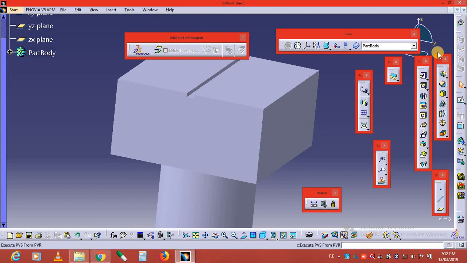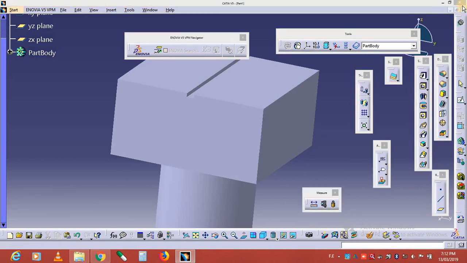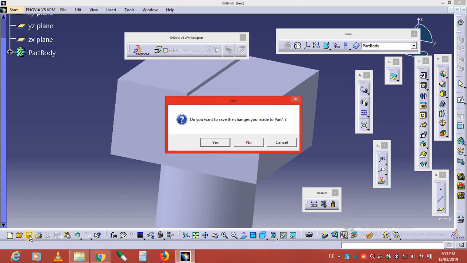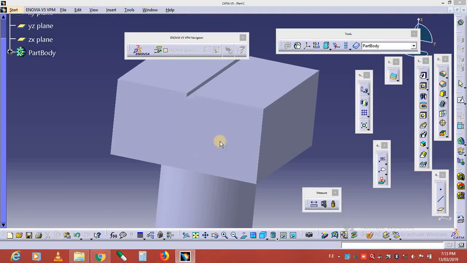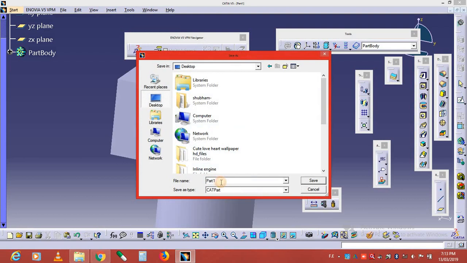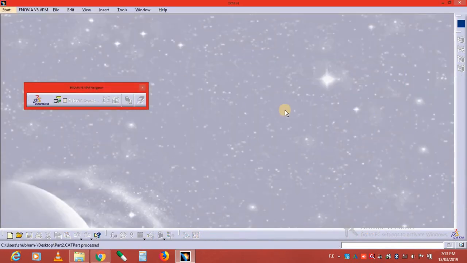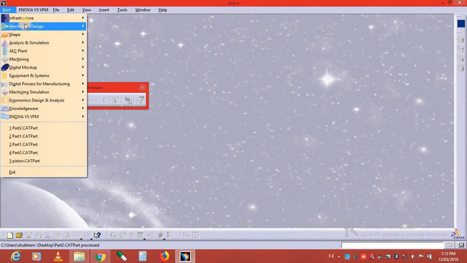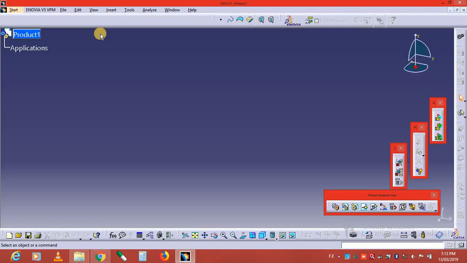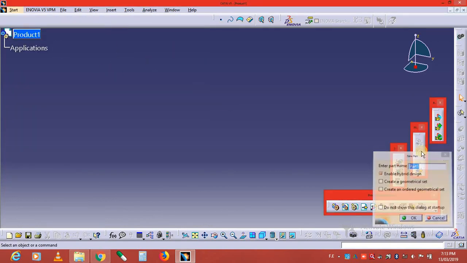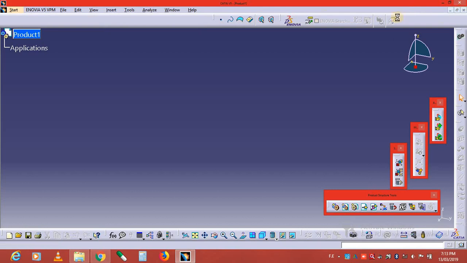So you have to save this part, press cross or directly here save as. Yes, so go to the desktop, part 2 here, and save. So this part is saved, and go to the assembly design. Here we are coming into the assembly design, here product 1, with the help of